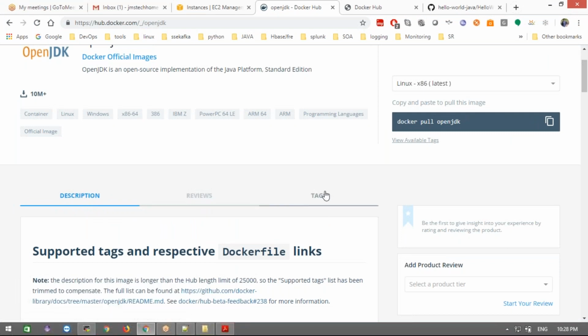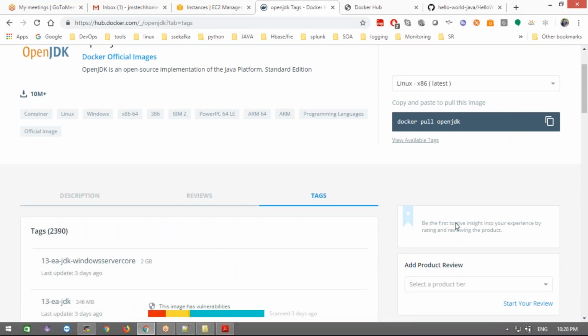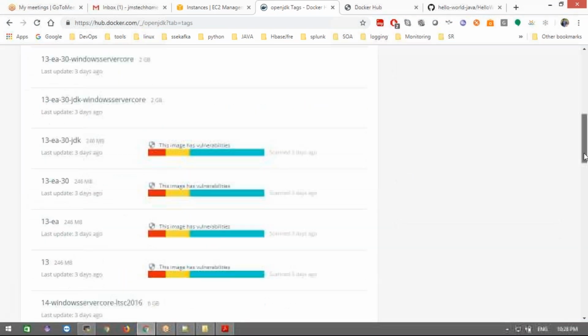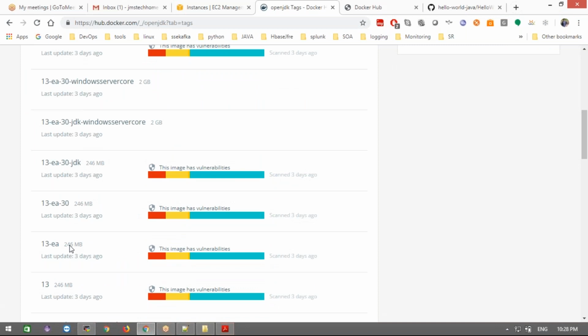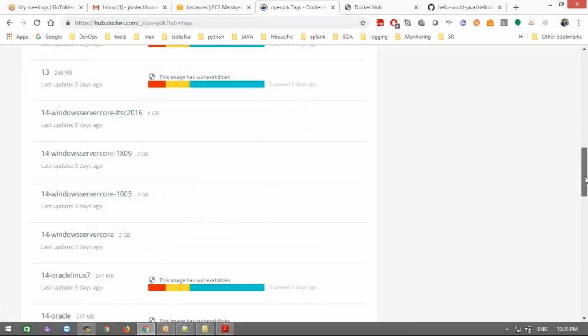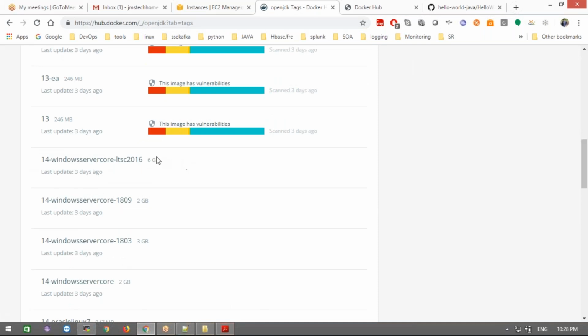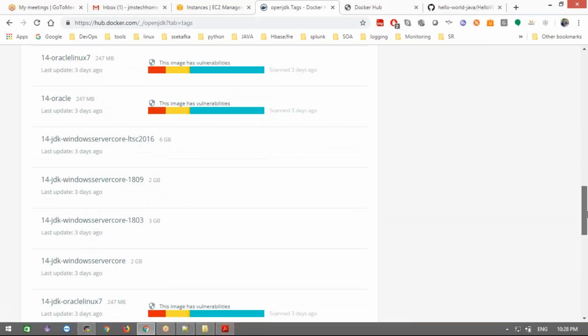If you go to the tags here, we can see the OpenJDK 13 tag, which gives a 426 MB software. This was about 2 GB, 3 GB software size.